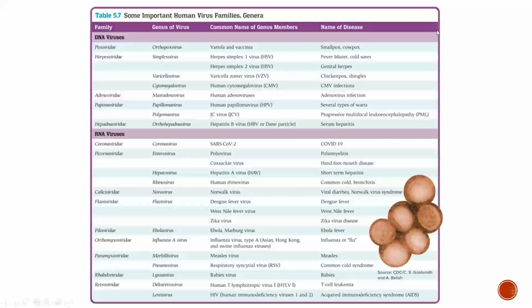Right, so if you're interested in looking at some more important human viral families, we have this beautiful chart at the end of your chapter going through examples of DNA viruses and RNA viruses, many of which you probably heard of, like COVID-19, or maybe the human rhinovirus, dengue fever, Zika, all of these big human health issues. Not all, but many of them are connected to viruses. All right, so with that, that takes us to the end of chapter